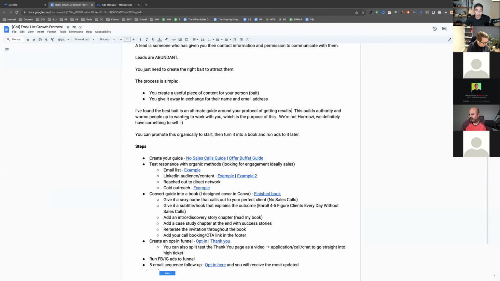And what you're going to do is turn that thing, whatever that thing is that you can get results with, into an ultimate guide. And the ultimate guide just details your protocol of how that thing works, how you get the result. So why do we do this? Well, it builds authority and it warms people up to wanting to work with you,